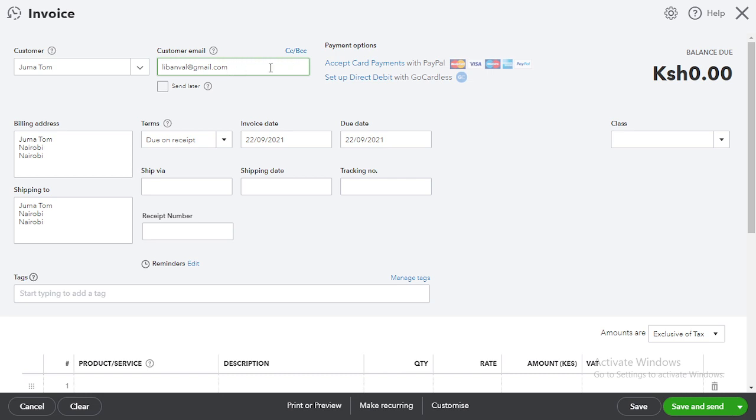So for the invoice date, this is the day that you are sending the invoice, and for the terms, this is when the invoice should be paid by. So I'll put net 15, and automatically you can see that it has recorded 15 days from now. For the class, I'm going to use Party City since we're sending from Party City,